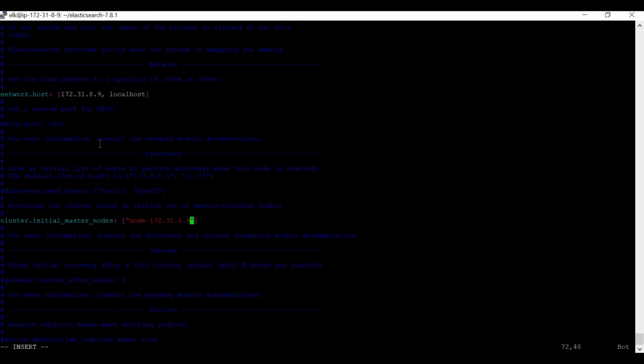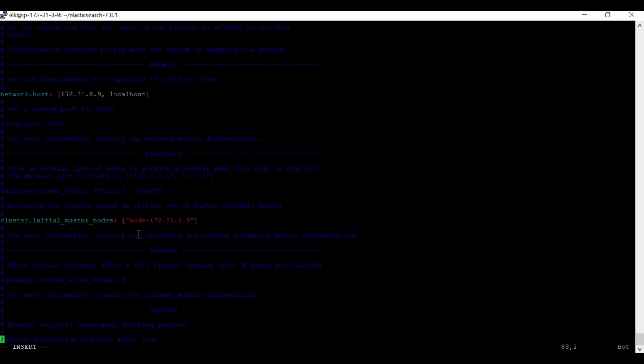What is a master node? I'll tell you in a few minutes. But this is the value. I have a one node cluster, so I'm keeping the same IP and placing it over here. Once my service starts, it will have its own master node. This value is already given, so if I start my service, it doesn't have to search for any other master. This same node will act as master.